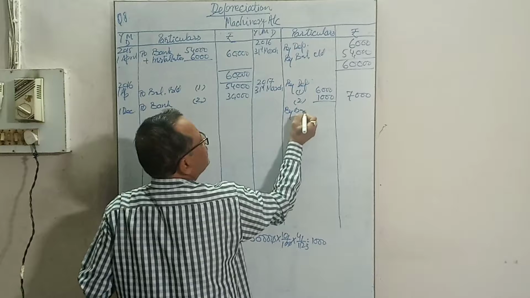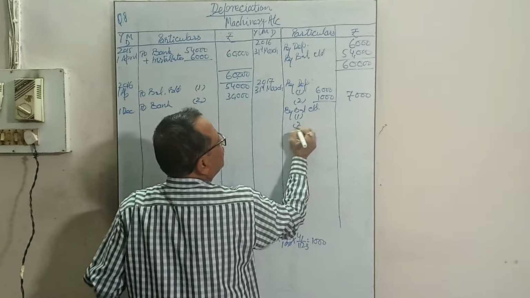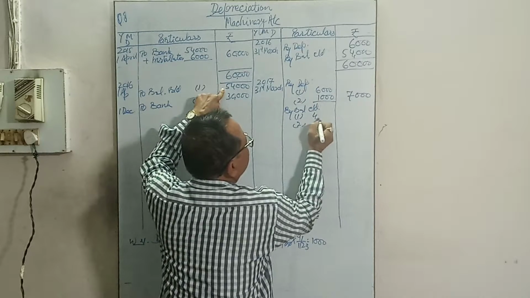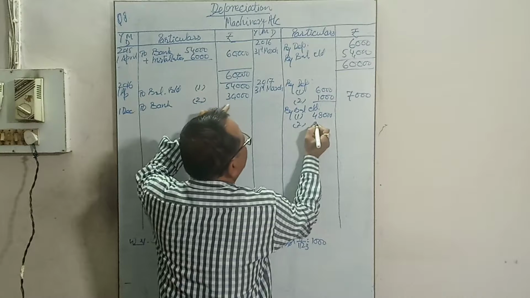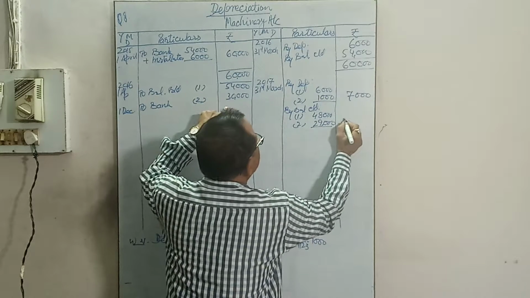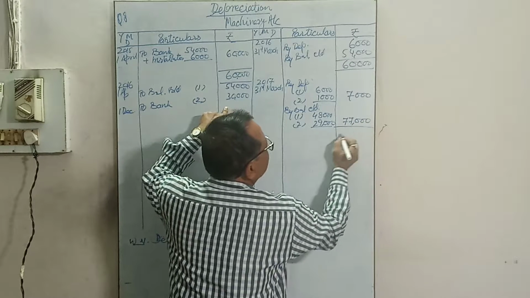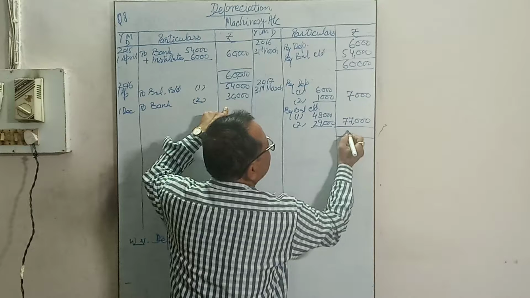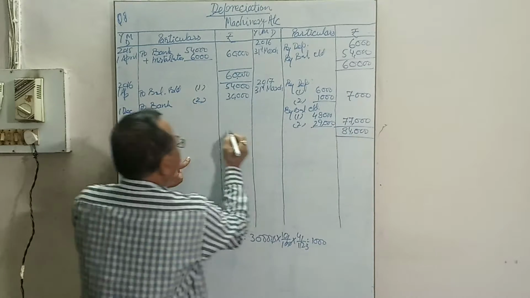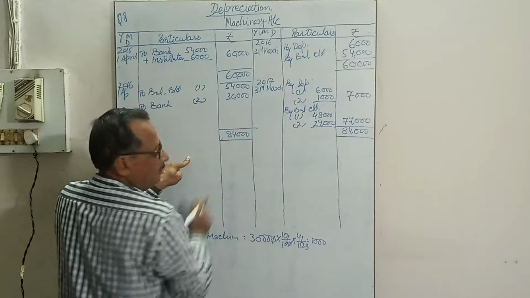By balance carried down, first machine and second machine. From 54,000, deduct the 6,000, 48,000 rupees, and this is 29,000 rupees. 77,000 rupees is the balance at the end of the 31st March 2017. Total 84,000.